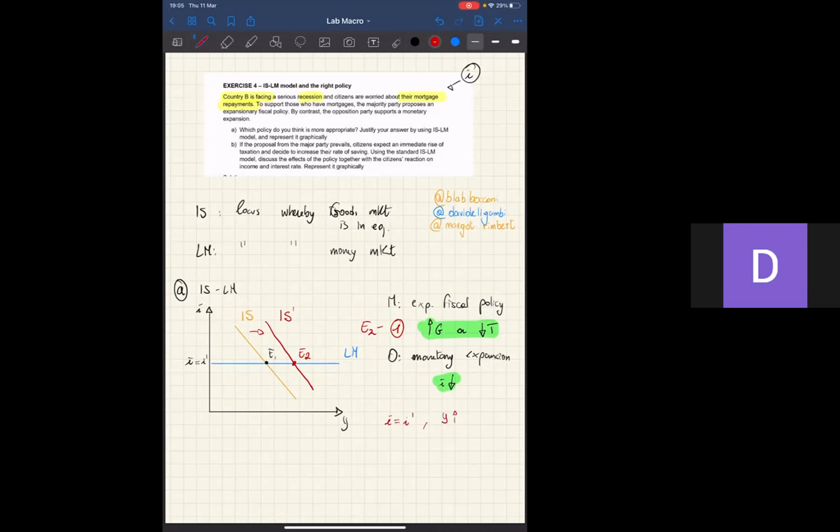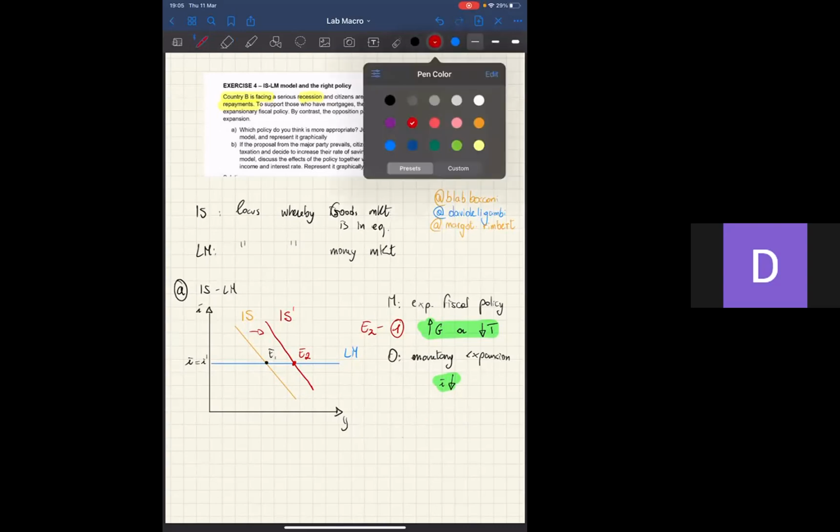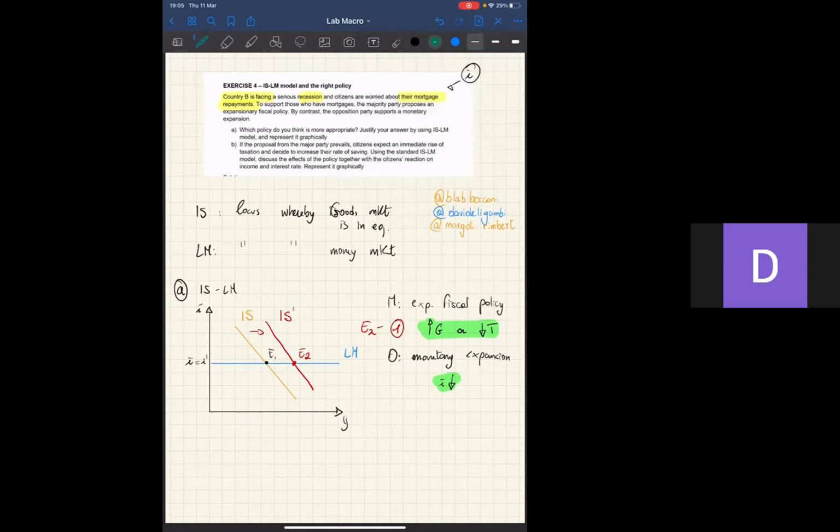However, the real problem here is not just the recession, but also the fact that, as we've said before, citizens are worried about their mortgage repayments. So this is going to have a nice effect, but not really the optimal effect. And what is the alternative here? The alternative would be that we follow the opposition party that is proposing a monetary expansion. So how would that work? It would basically shift the LM down to LM prime, because